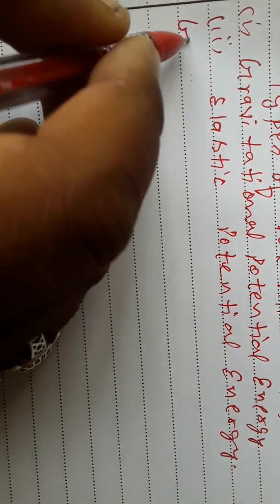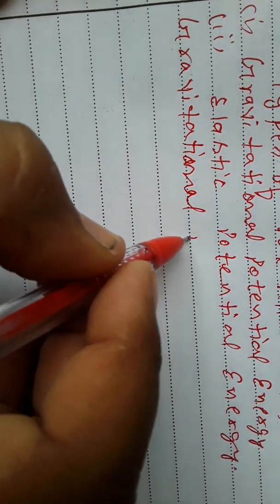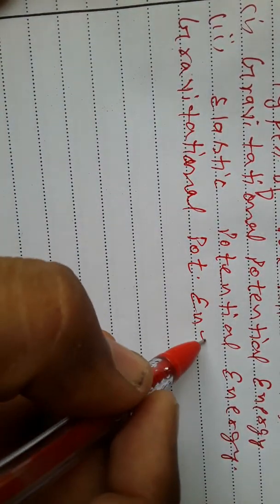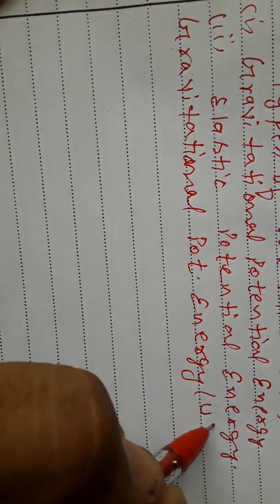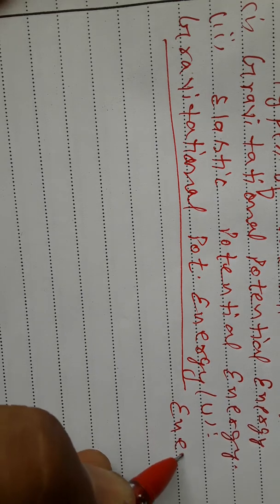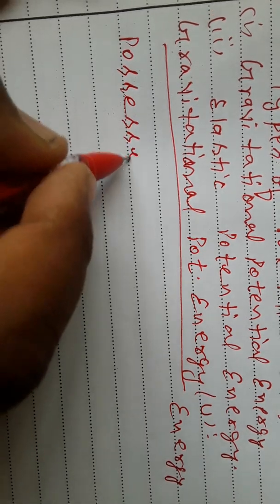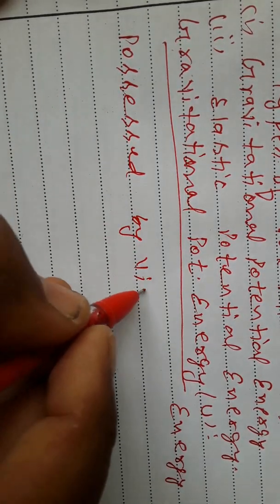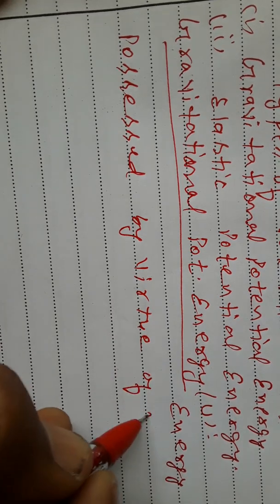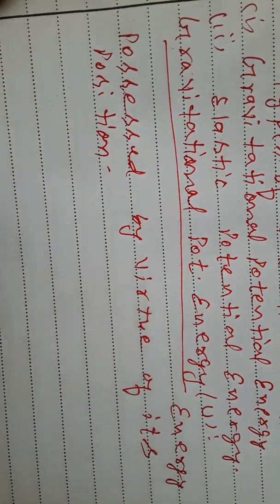Now, first is gravitational potential energy. It is denoted by U. We can define it as energy possessed by virtue of its position. Let us consider